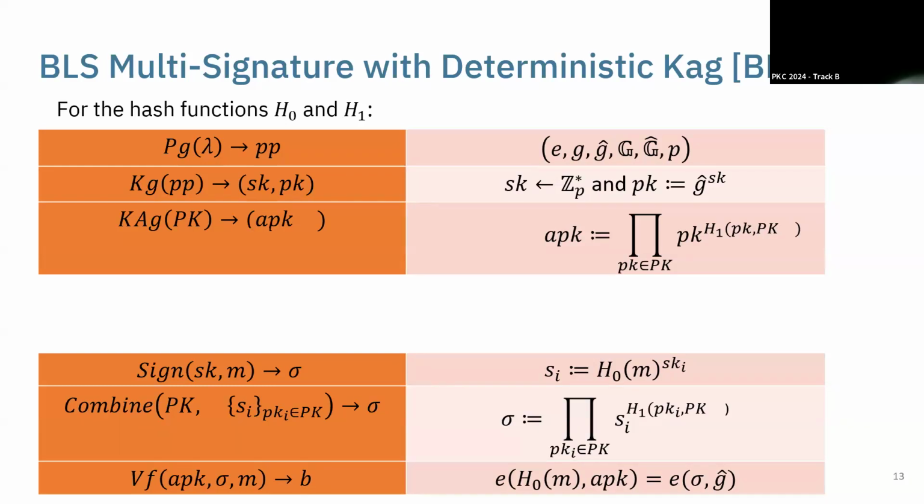In the key aggregation, we can just perform some naive multiplication of the individual public keys, but this causes certain attacks in the multi-signature context, and we have this generic technique of exponentiating with the hash values. So I will not go into details of why this technique is necessary. It's kind of generic for multi-signatures, but the main point here is that we can just tweak this existing nature of exponentiating with hash